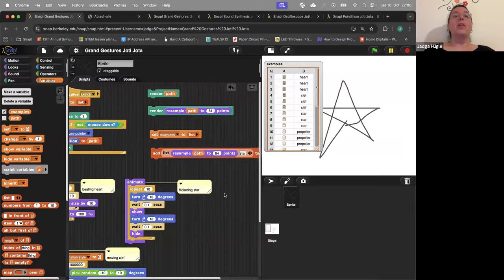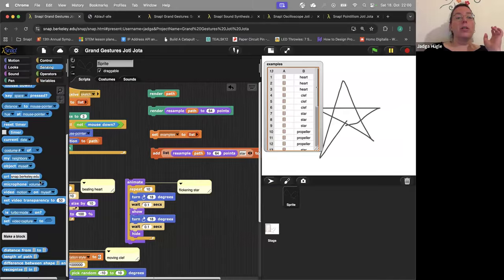Okay, good. So now the next step, we have examples, we have a path. How do we get both of them together? How do we find out what we probably drew? In the sensing category, you can find a couple of blocks that we already prepared for you. One of them is